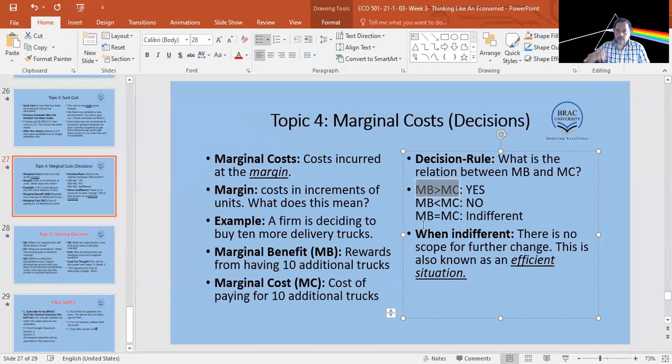If we see the opposite, that the benefit is over here, the cost is here, so the additional benefit is less than the additional cost. We don't have an incentive to go for that next unit. If we see marginal benefit is equal to marginal cost, then we are indifferent. This is our benefit, this is our cost. Additional benefit, additional cost. This indifference is another way of